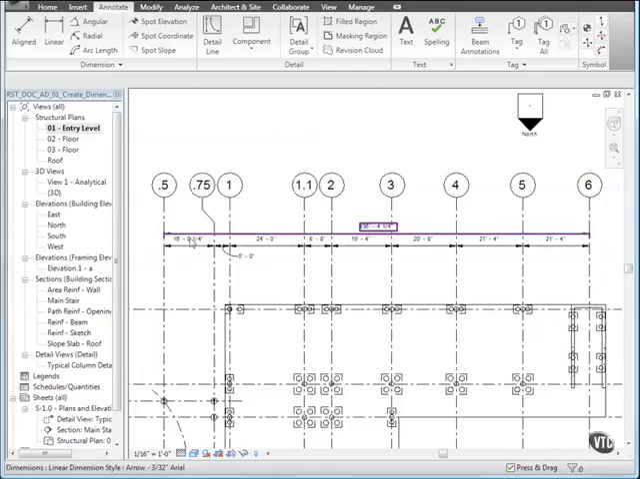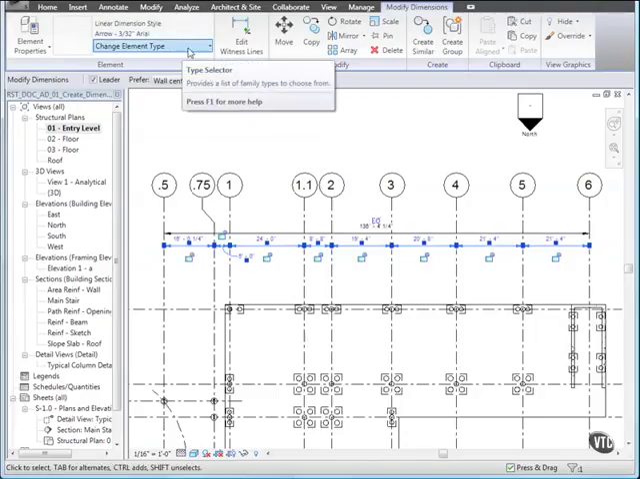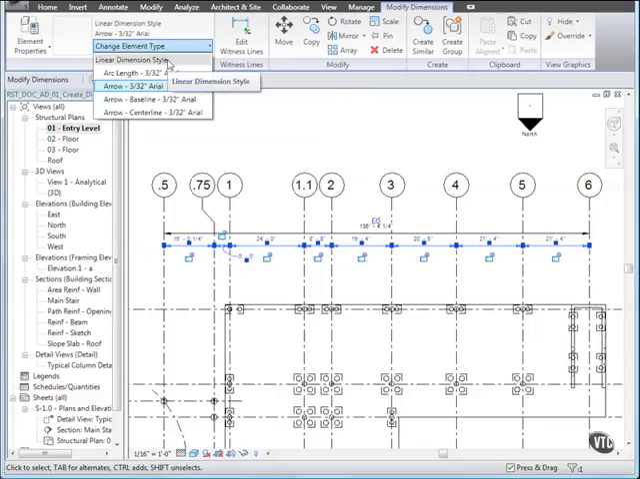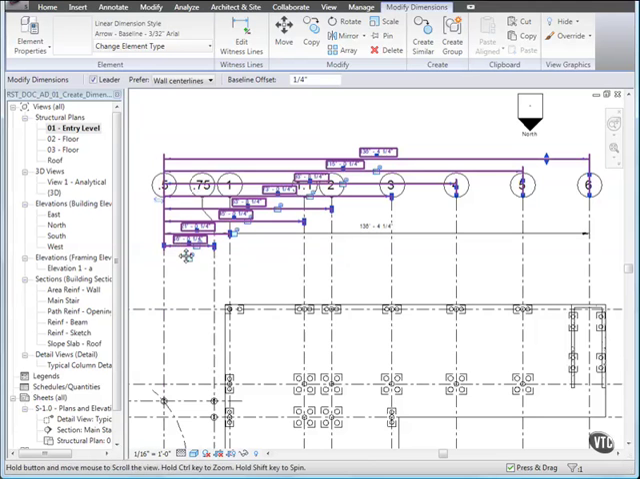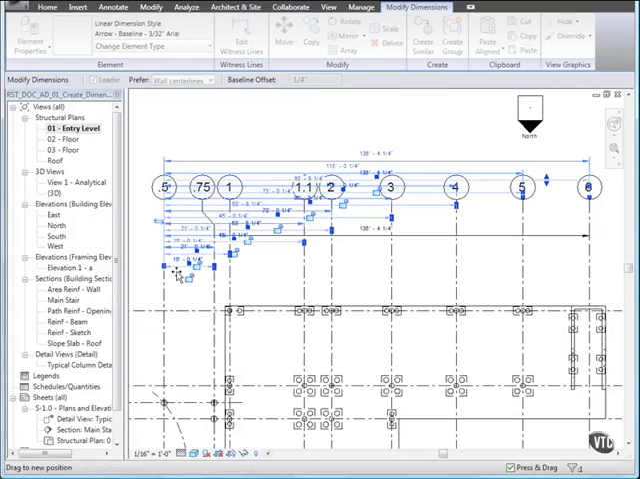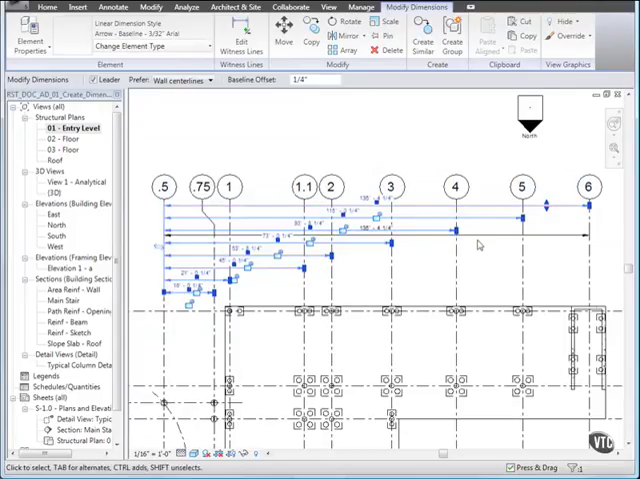Select the string of dimensions and from the Element panel, click the Change Element Type drop-down and select Linear Dimension Style, Arrow, Baseline, 3/32 of an inch Arial. When you do, the multiple dimensions display the distance from the same grid line, 0.5. You can drag the dimension strings to reposition them. Select and delete the first overall dimension,